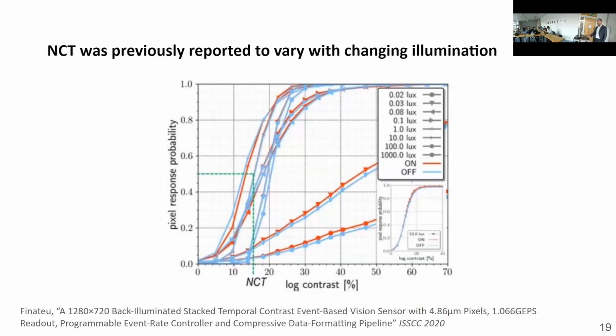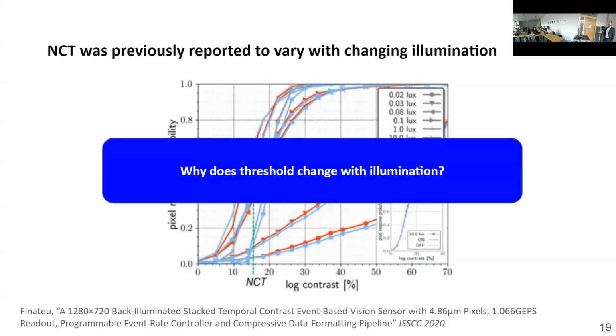And we see something a little bit maybe concerning here, is that the contrast threshold appears to change depending on the illumination levels. So we have 8 different illumination levels tested, both with on and off thresholds, and we see that this changes. So why should the threshold level change with illumination? Is this correct? So this is why we decided to study this method and see if there was anything we're missing in the